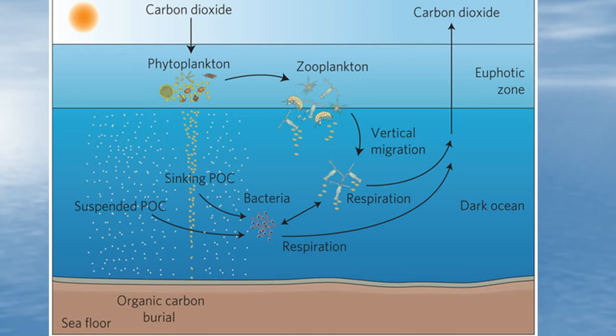So you're going to need to draw something in your book, but don't draw this one. I think this one's a little too complex. We'll draw a different one right here. But I wanted you to see how our bacteria are down here, and then our zooplankton are above, and then our phytoplankton are up there, definitely up in the photic zone. And so we can also see vertical migration taking place between those, which allows the zooplankton to be near that bacteria and see that loop. We're going to see a video about the loop, and then I'll show you what to draw.